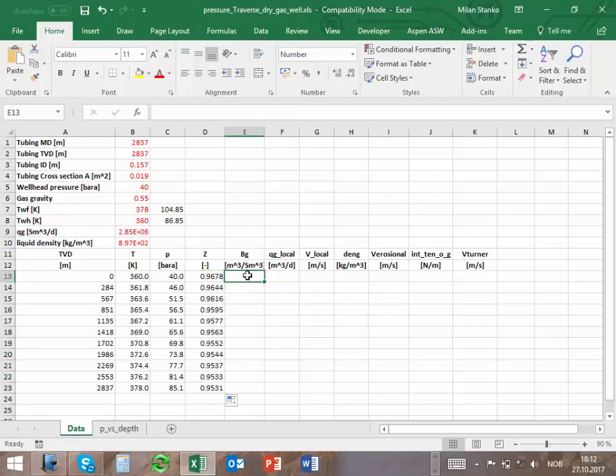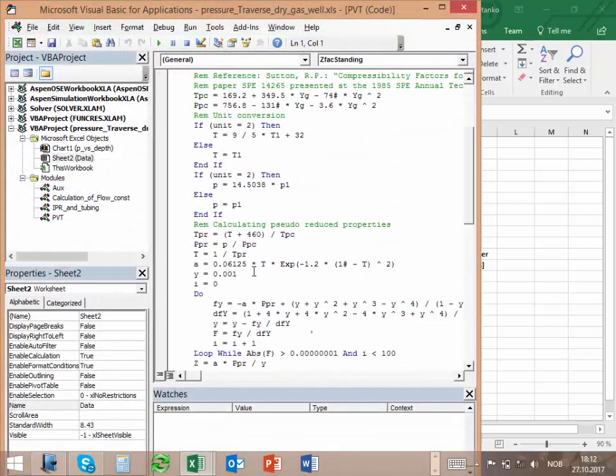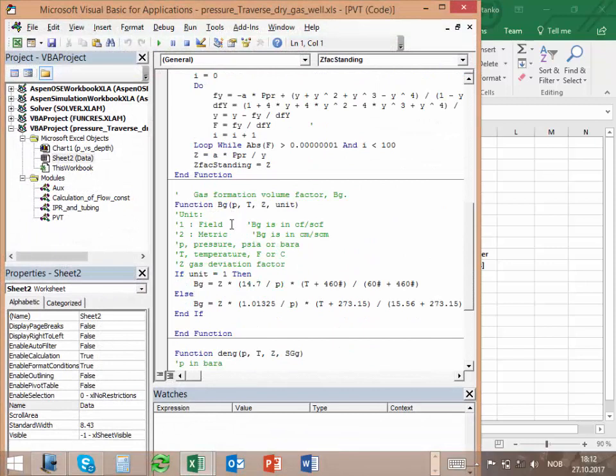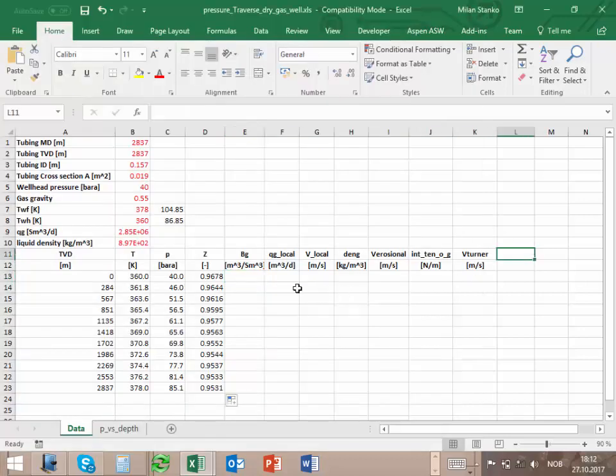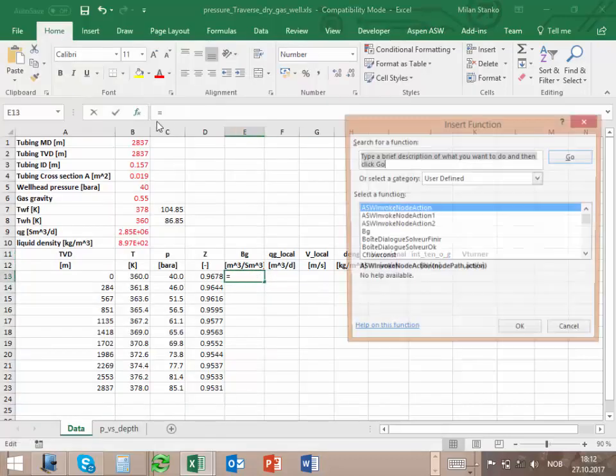Now we have the BG. That's the function that we already used 3 days ago. So we click Alt F11 to see how the function looks. BG requires the pressure, the temperature, the deviation factor, and then the unit. It needs pressure in bar or psi, temperature in Fahrenheit or Celsius, and the deviation factor. And the unit I have to use is 2 because I'm working with metric. So I come here and I call that function Bg,